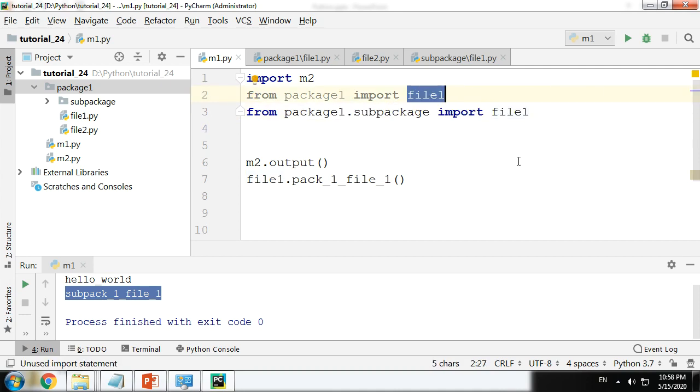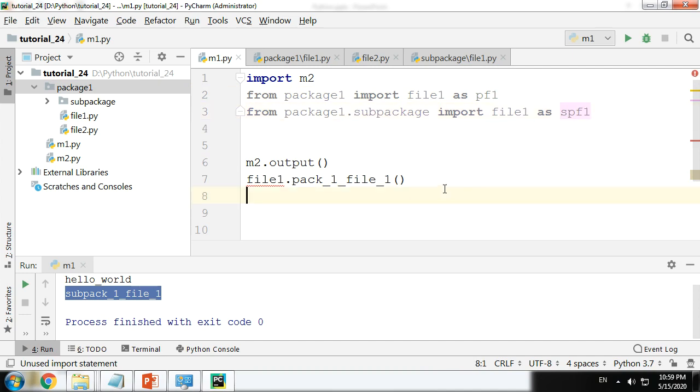How do I solve this? One way to solve it is to use different names for your files. But sometimes you might use files of your colleagues. In that case, what to do? Use a keyword called as. So I can rename this file as pf1, and this file I can rename as sub package file 1.